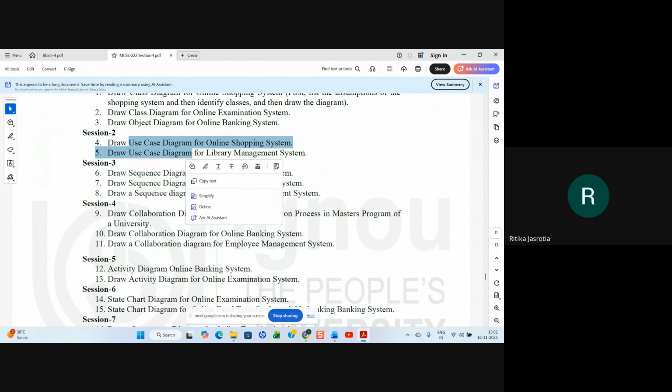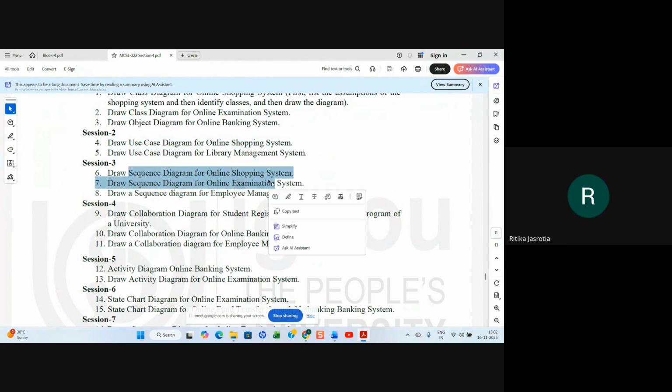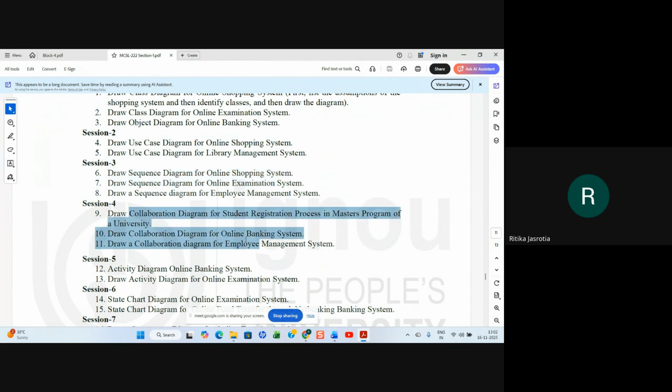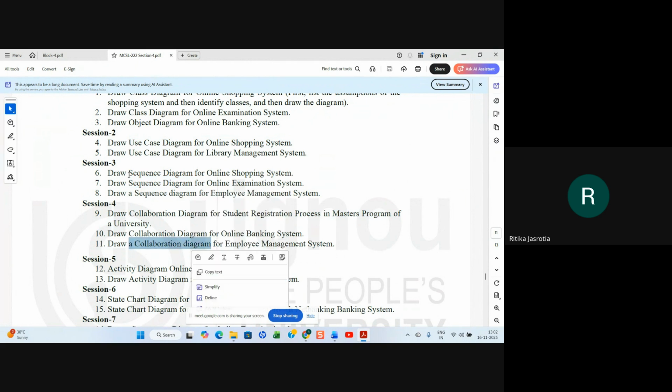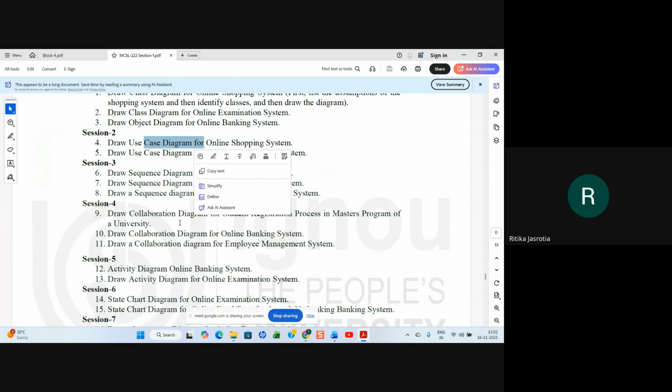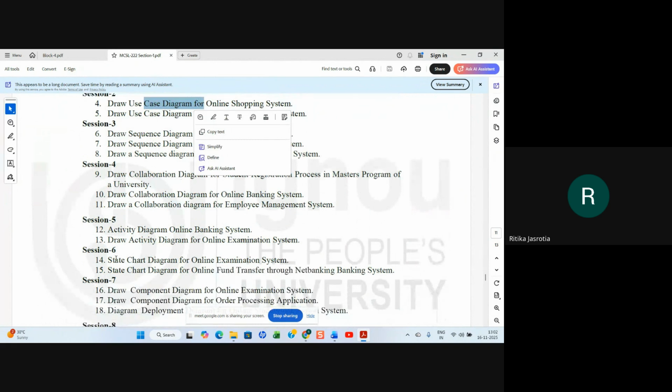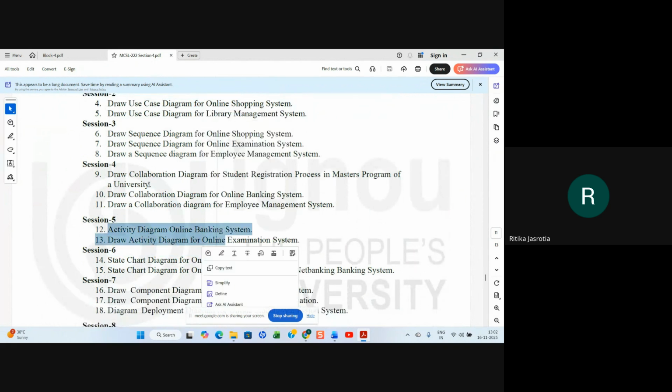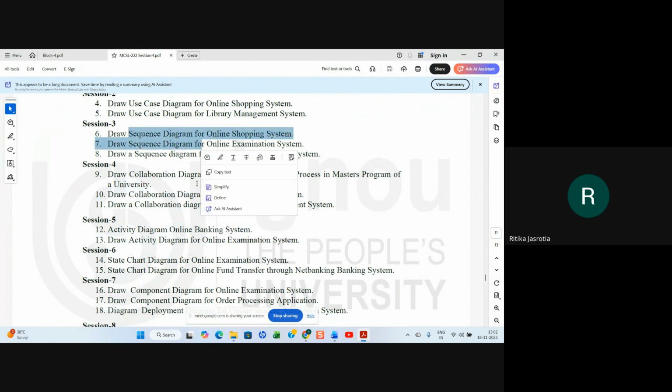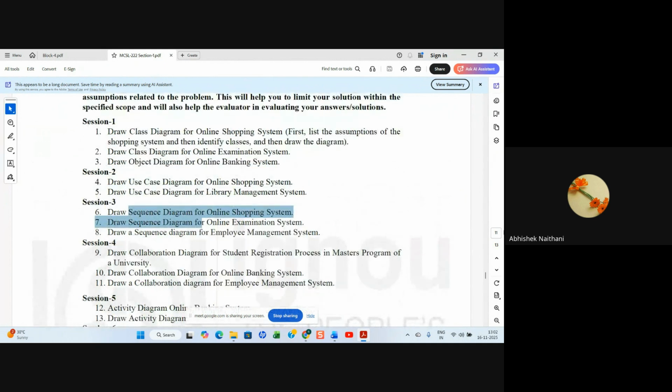एक यूज केस, जैसे बुक टिकट का यूज केस ले लिया, तो बुक टिकट का सीक्वेंस डायग्राम कैसे बनेगा, या कोलैबोरेशन डायग्राम की बुक टिकट कैसे करोगे। एक यूज केस को पोर्ट्रे करना, ये सीक्वेंस डायग्राम या एक्टिविटी डायग्राम या स्टेट चार्ट डायग्राम, एक यूज केस को पकड़ के आप बना सकते हो। इसीलिए मल्टीपल स्टेट चार्ट डायग्राम बन सकते हैं, मल्टीपल एक्टिविटी डायग्राम बन सकते हैं, मल्टीपल कोलैबोरेशन, मल्टीपल सीक्वेंस डायग्राम बन सकते हैं।